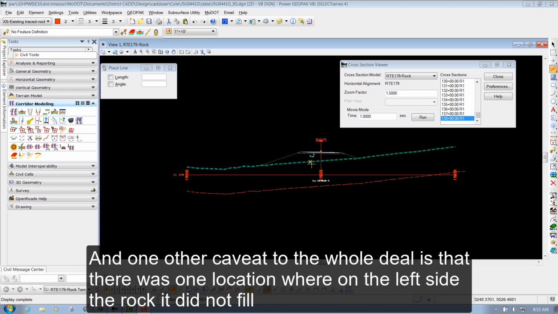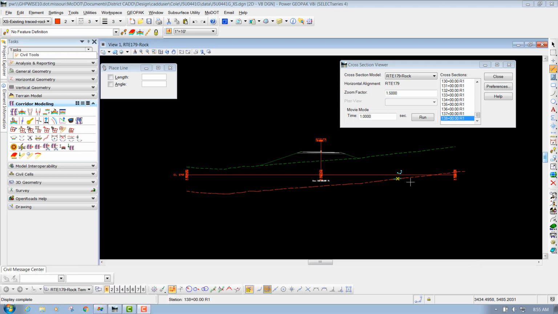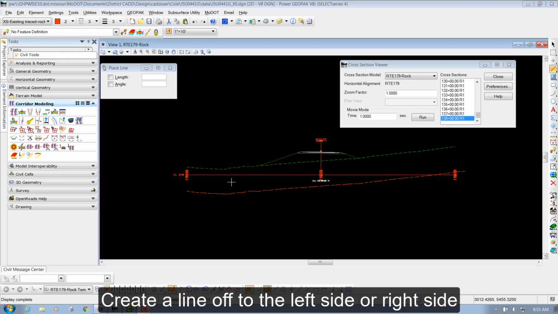One other caveat to the whole deal is that there was one location where on the left side, the rock did not fill in. So what you'd want to do then is just smart match the material that you've placed out there, and then just use your place line tool and snap to the end of it and create a line off to the left side or right side